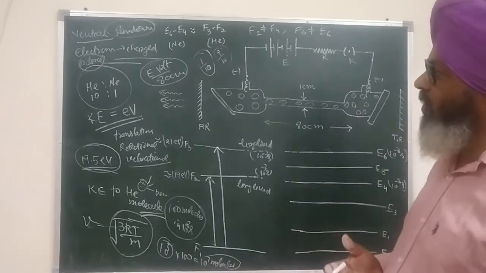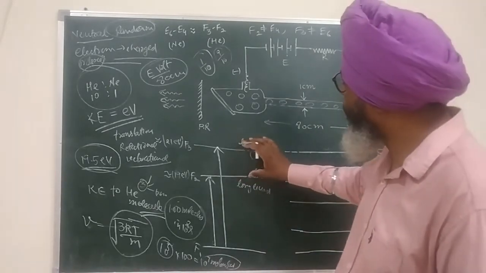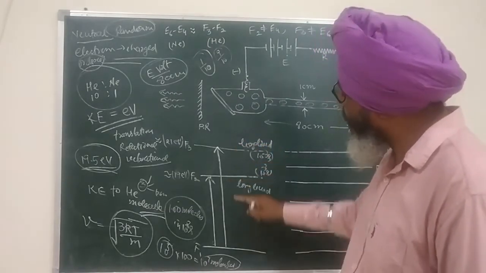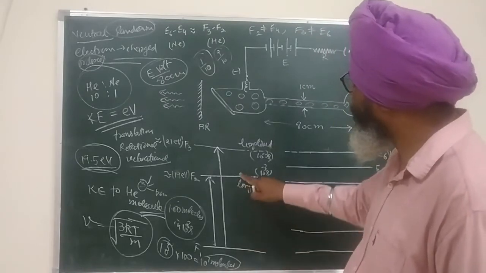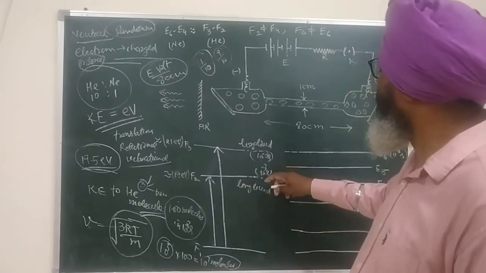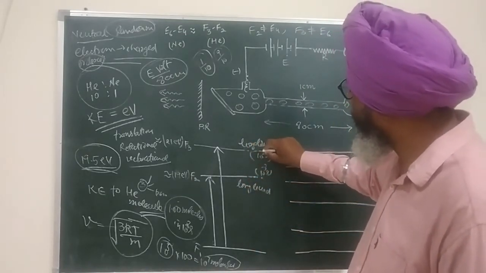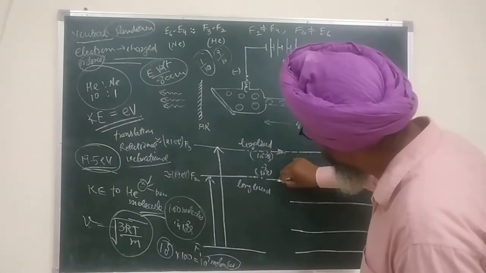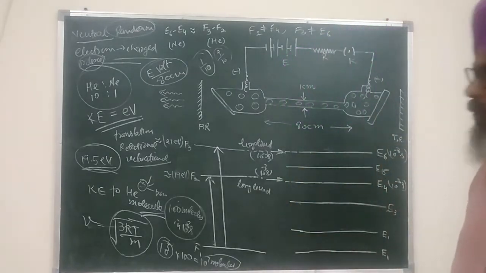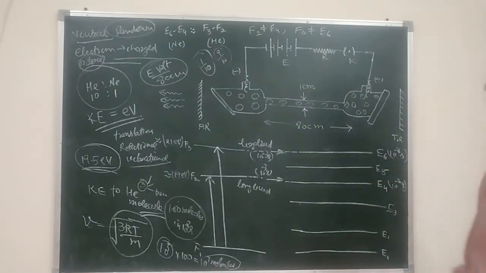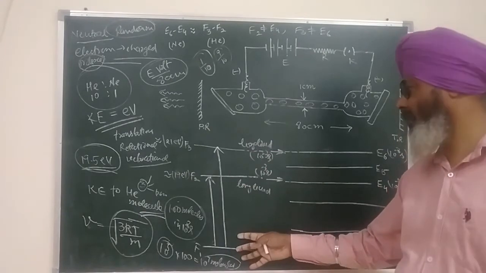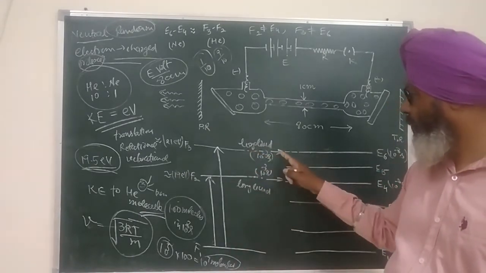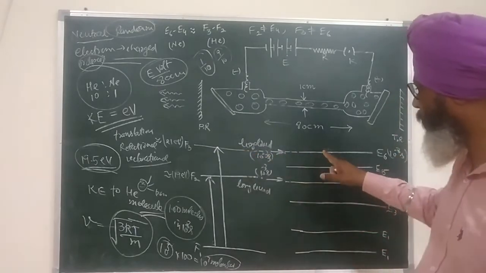So soon a stage will come where all these helium molecules, which are automatically prohibited from de-exciting to the ground level because it requires flipping of the spin, will collide with the neon. When these excited molecules collide with the neon, what is going to happen? These will transfer their energy to neon molecules. As a result, these will be de-excited indirectly. The energy will be transferred from helium to neon.